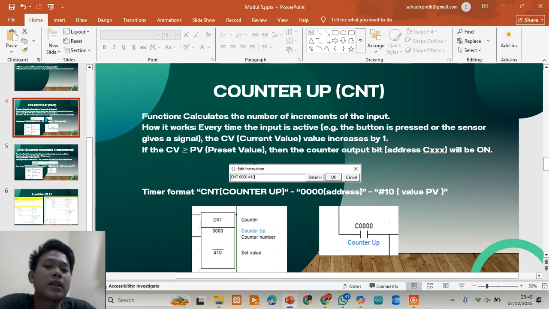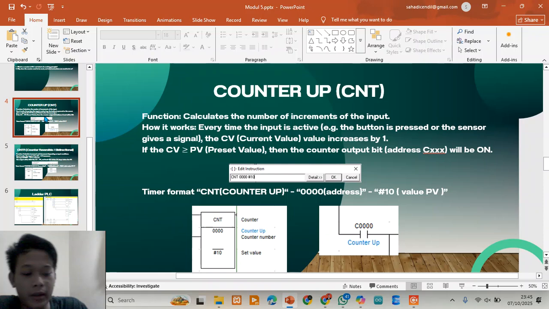Its syntax in PLC: CNT address 000 and the value, CNT 10. Here 000 is the counter address, and the value is the preset value setting of 10.